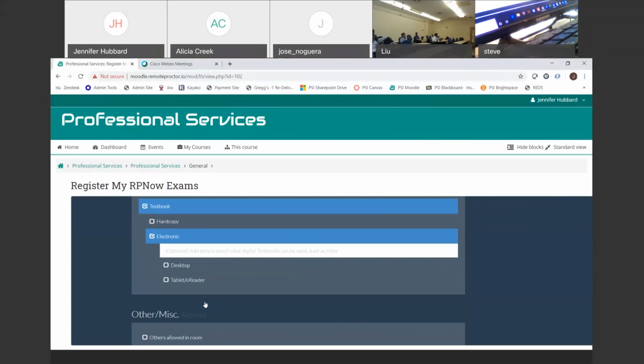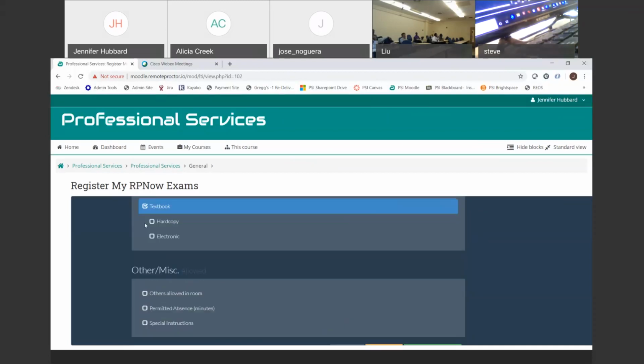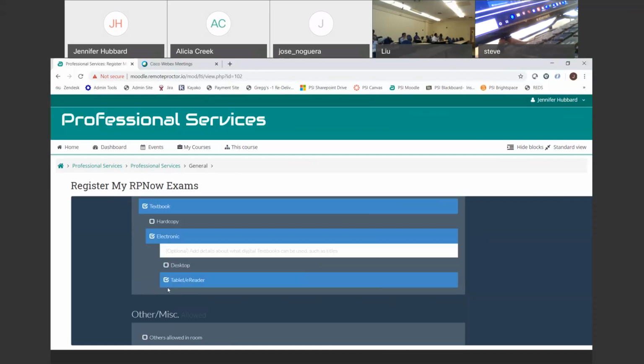Under electronic, you can say if you want it to be a desktop version or on a tablet or e-reader. You can also put the name here. It's optional. I will say if they're using a tablet, we might not be able to see what they're looking at. It's just an FYI. Just because we're only recording their desktop and their webcam,